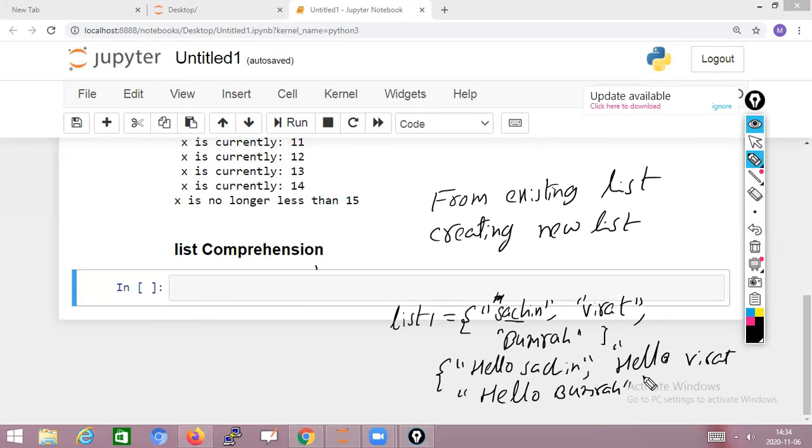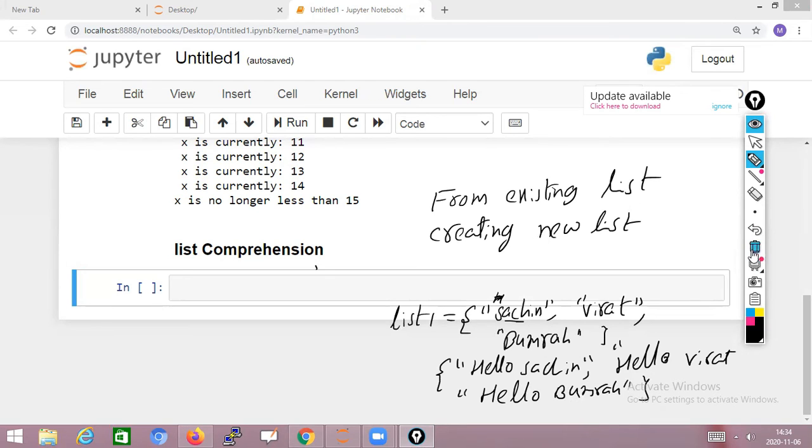My list is Sachin, Virat, Bumrah, and from that I need a new list as hello Sachin, hello Virat, hello Bumrah. That means I want to add the text hello to each of the list values. For that, we write the code that is called list comprehension.